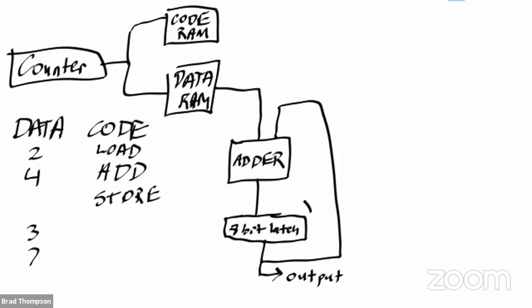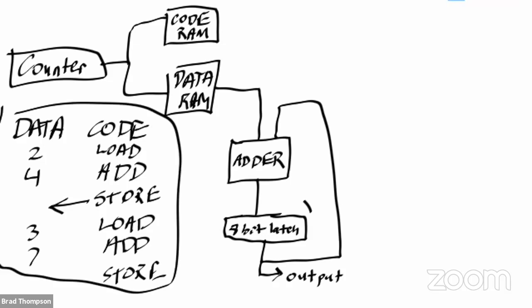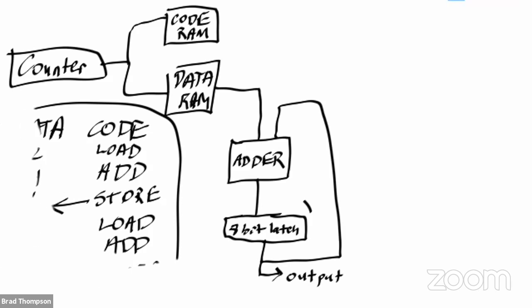And then we want to store, we want to take the result that we get from that math and dump it into this extra spot in our memory here. Then we want to do it all again. We want to load. So the idea being that when our little program here finishes, this will be a 6 and this will be a 10, right? So if we want to be able to make something like that happen,